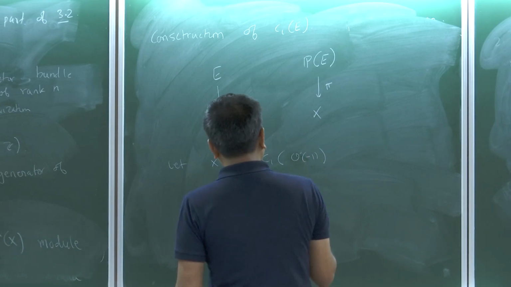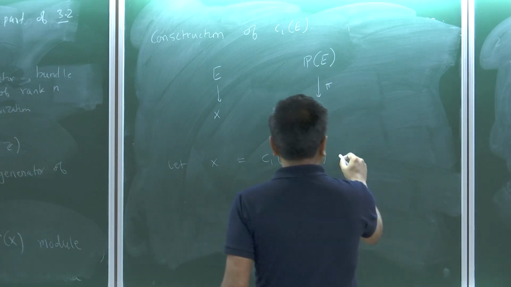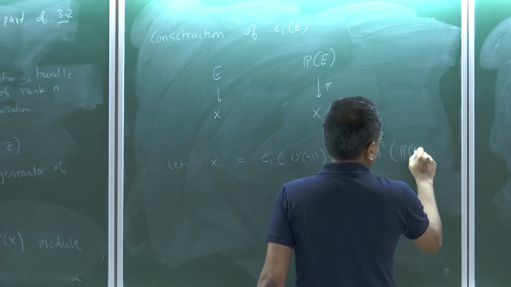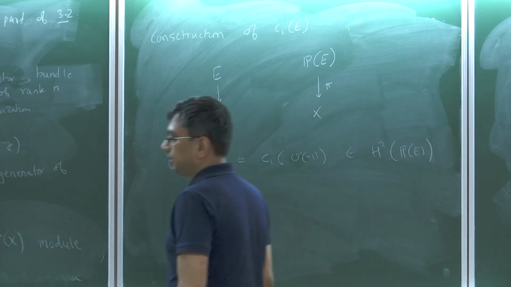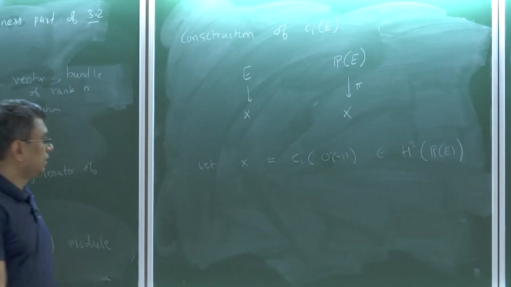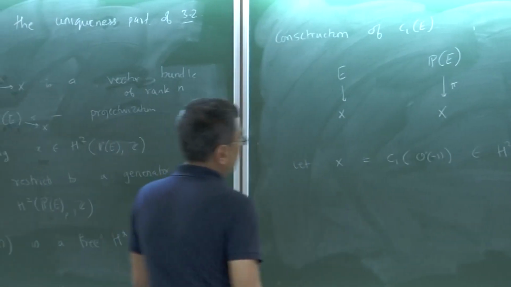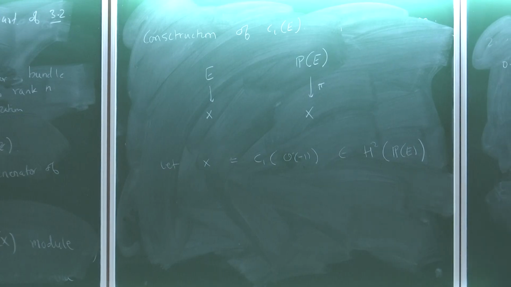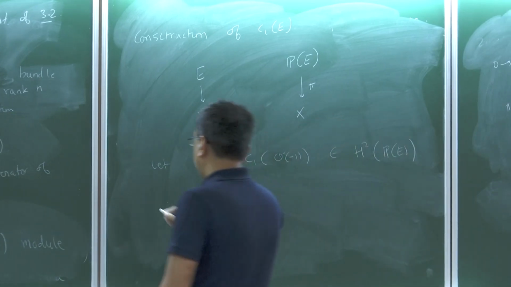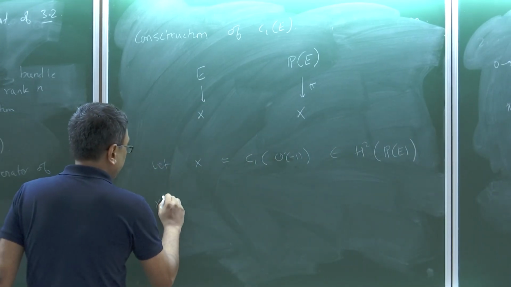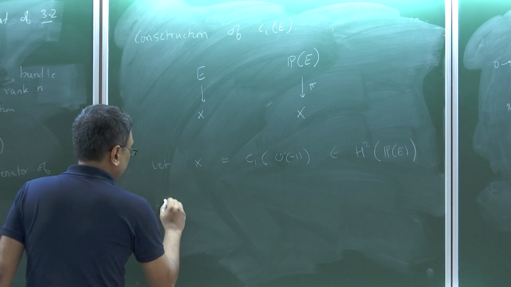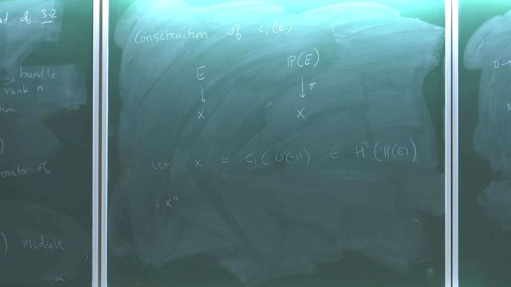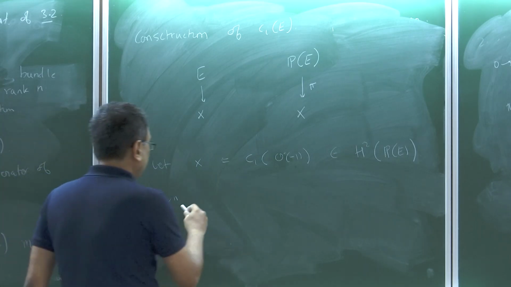This is a class in H2 of P of E. Now the Leray-Hirsch theorem says that 1, x, up to x to the power n minus 1 is a basis for this cohomology. So therefore x to the power n, this class which is in H2n of P of E, can be written as